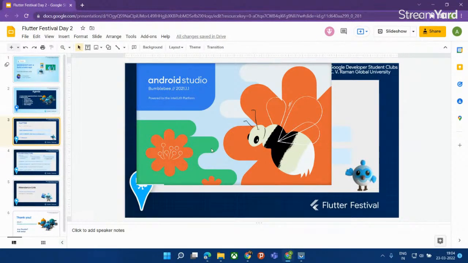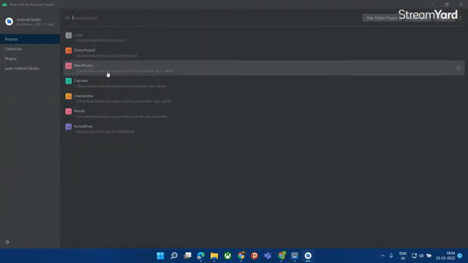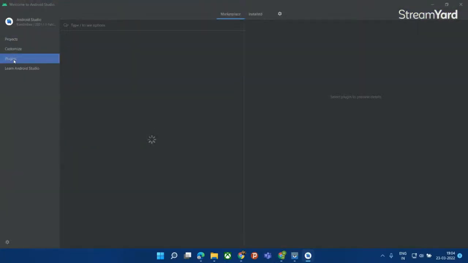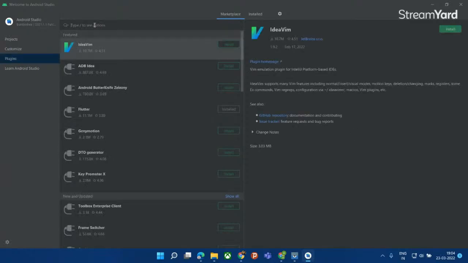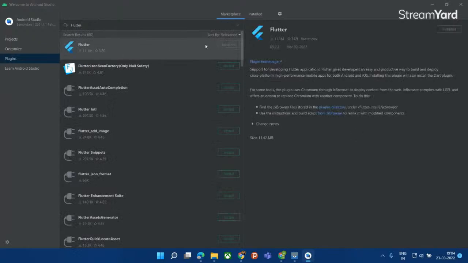Before creating new app, we have to install the Flutter and Dart plugins. So after, we'll wait for a few seconds. The studio is opening. We'll go to plugins and we have to type Flutter in the marketplace tab. And as you can see, it is already installed in it. So when you click install, it will also ask you to install the Dart plugin. So you have to install both of them, and